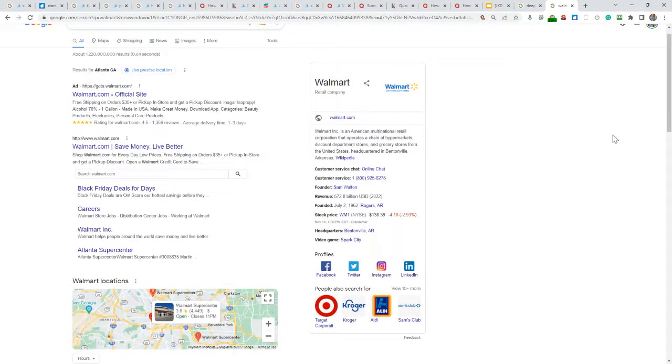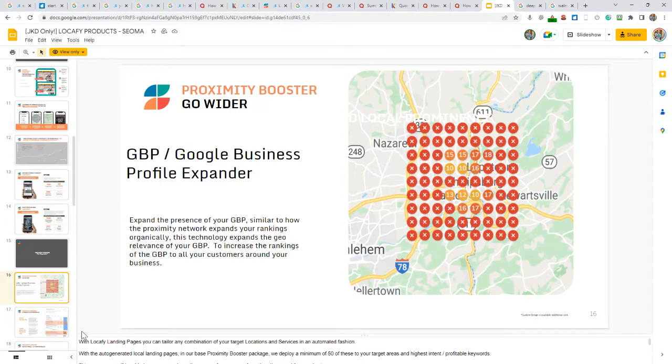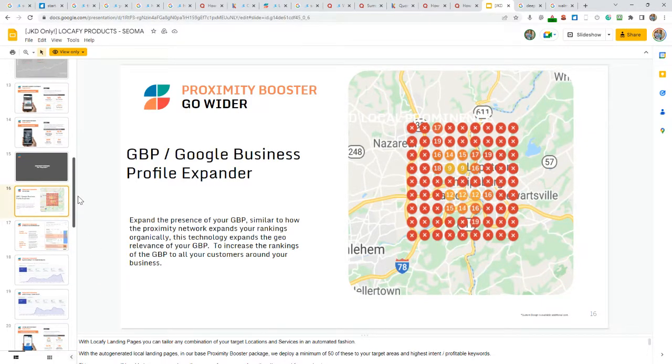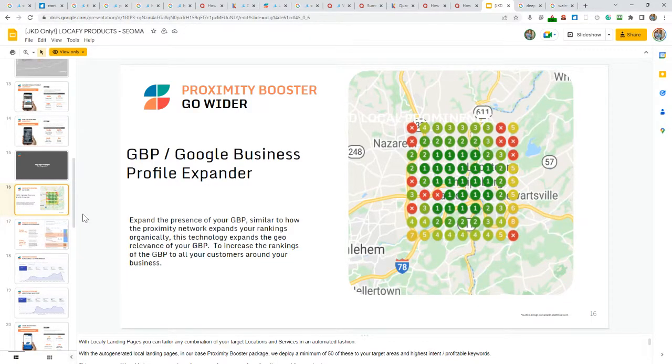Okay, so what we teach people to do is, for example, if you have a Walmart specific to this location, we can show you how to rank by combining and integrating your maps with your natural URL structure for your term in your local area. So in order to do local SEO, you really need to understand site structure, which is beyond the scope of this. The bottom line is that when you're doing your SEO correctly, you should see as you get further away